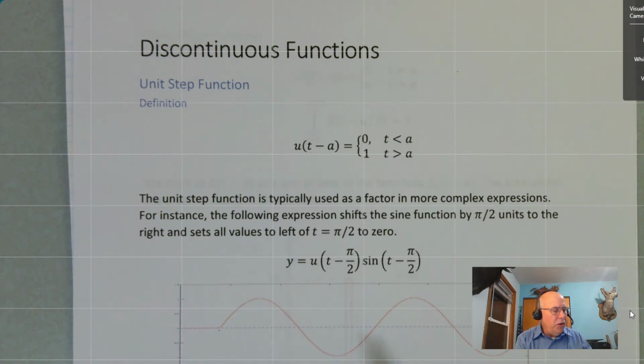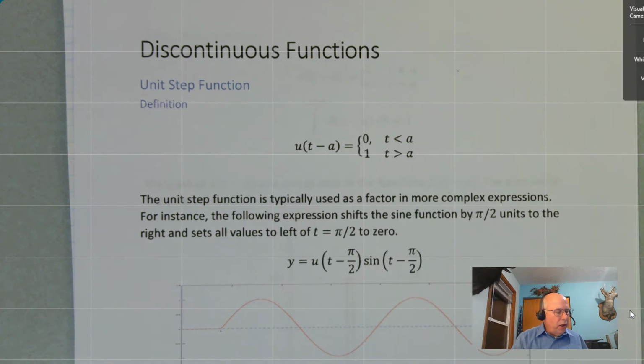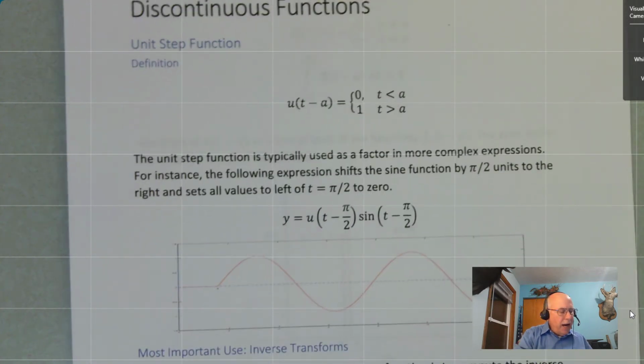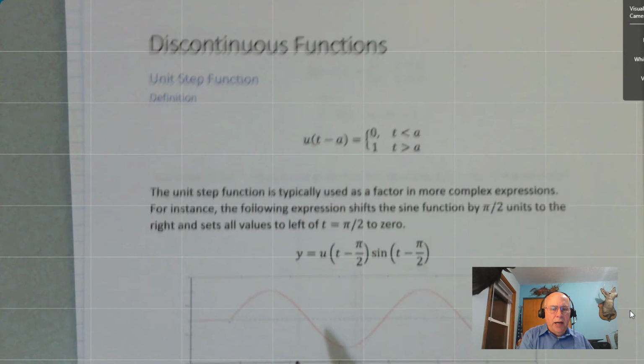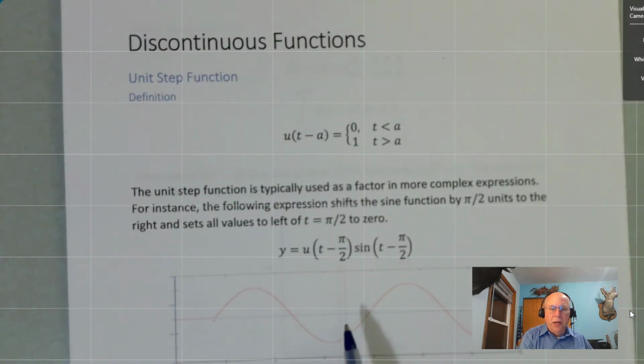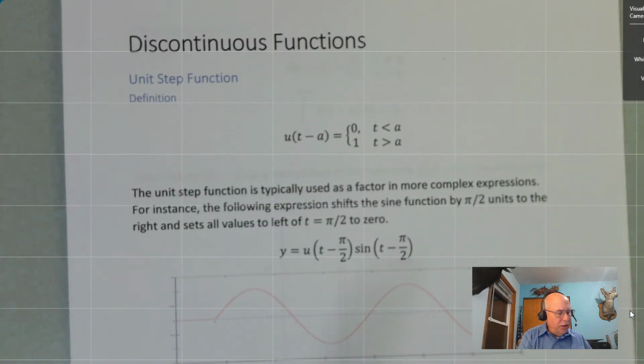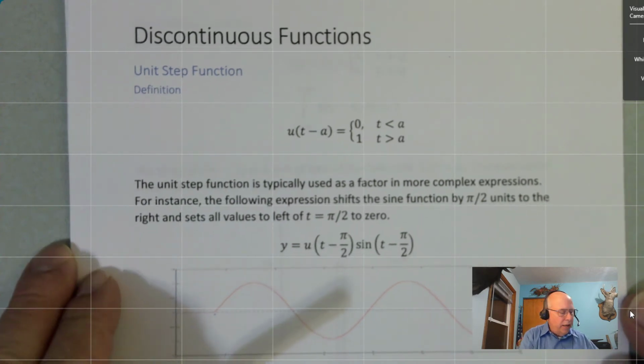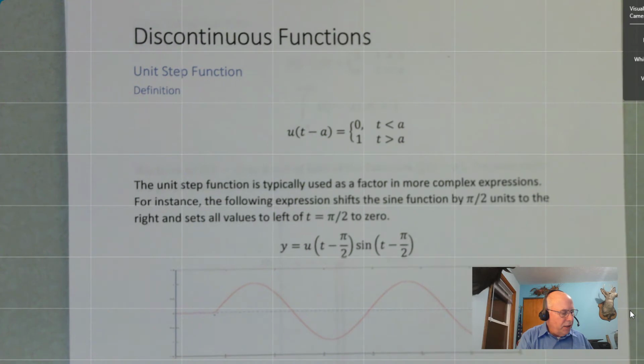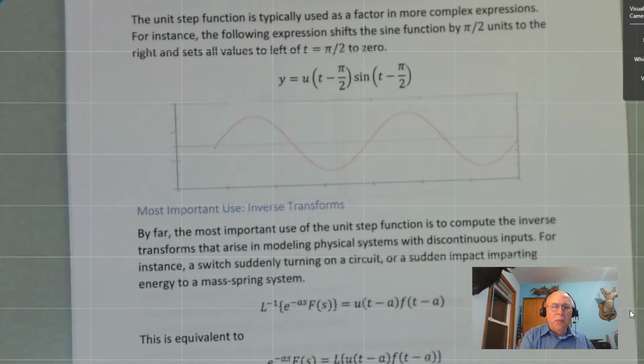Now you could also use the unit step function to turn a function like this back off, and I'll be explaining that in more detail as we get into the lesson. There are cases where you want to build up a function like this that turns a piece on, turns another piece off, and that's certainly a valid use of the unit step function. But probably the most important use